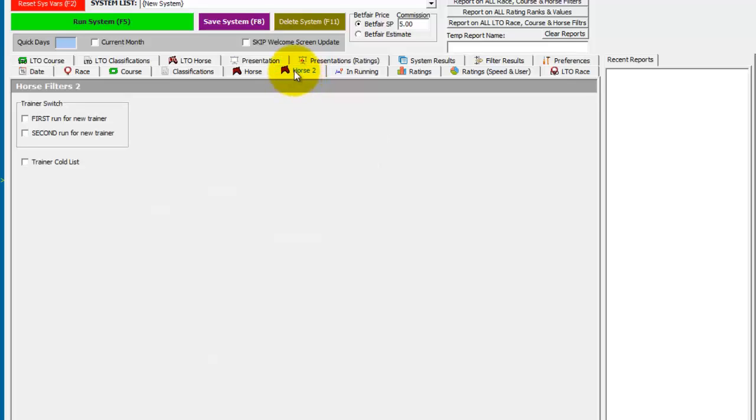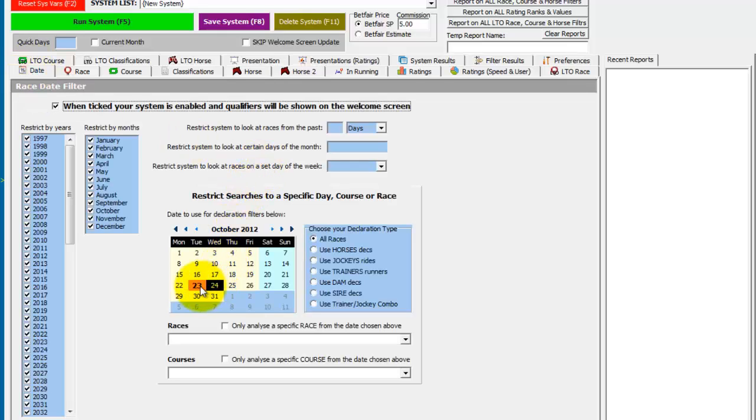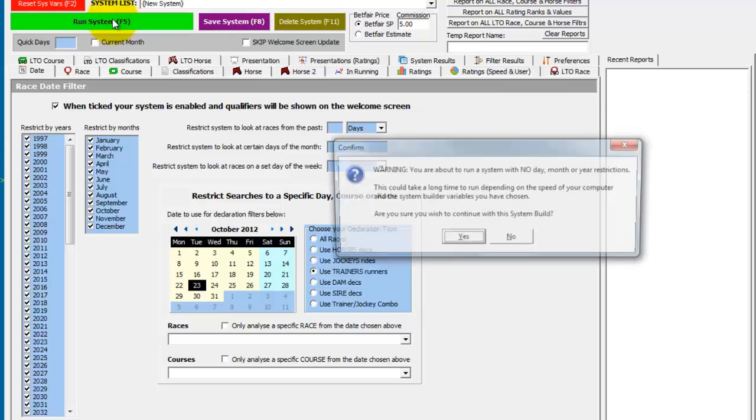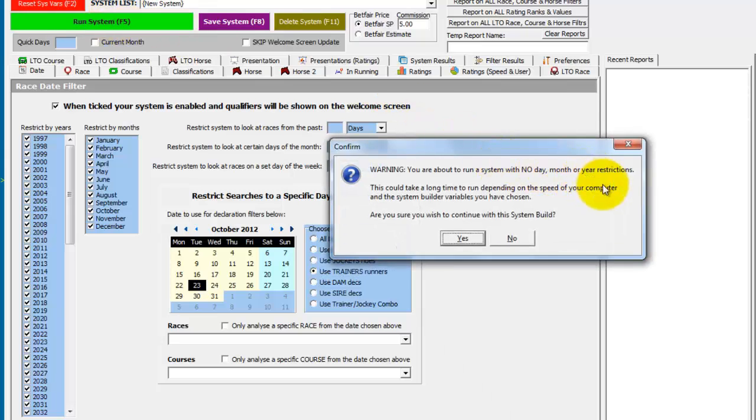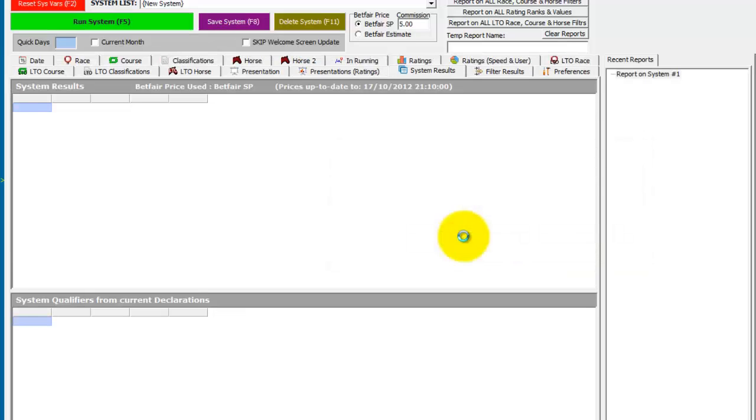So switch to the Horse 2 tab, and on the trainer switch box tick first run for new trainer. And we'll only look at trainers that have got runners today. So back to the date tab, choose today's date, choose use trainers runners, click run system, and you'll receive a warning because it's going to look back through quite a lot of data to pull up the records of the trainers with runners today and how they have done when they've run a horse for the first time after switching stables. So we'll click yes,